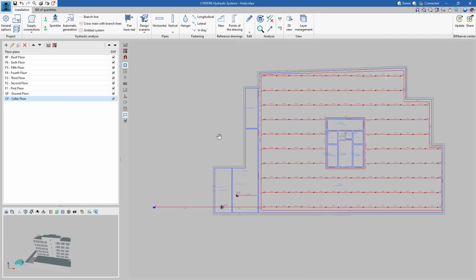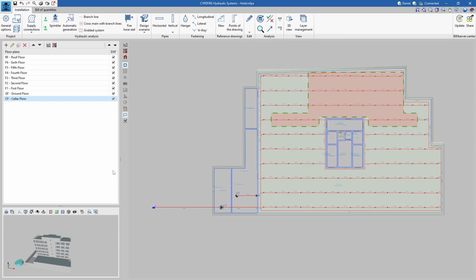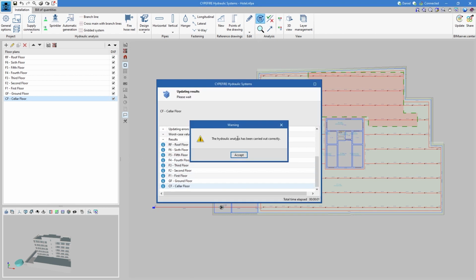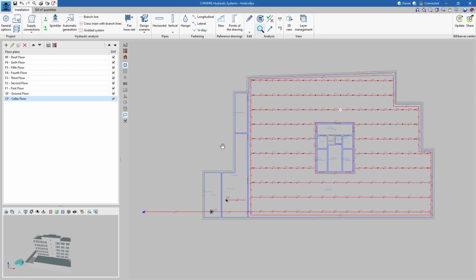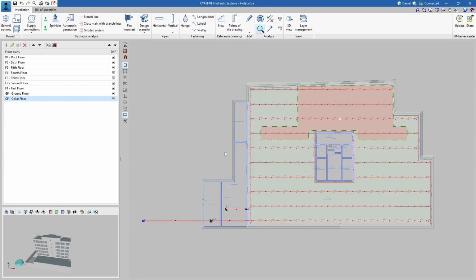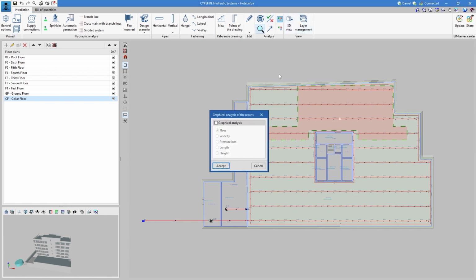Now that we have created our installation, it's time to calculate. When we analyze our wet system, the program will tell us if it has found an error or something that generates an error. But in this case, we have performed the calculation correctly, and the program allowed us to,